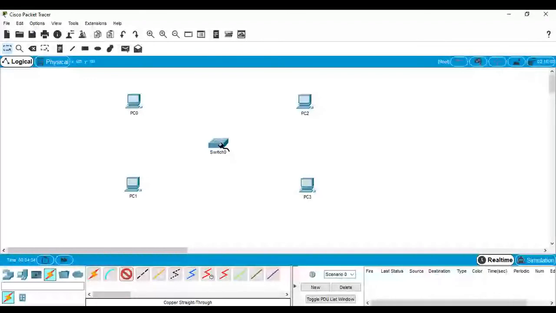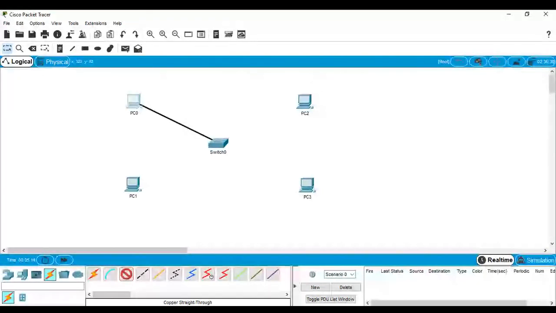So you can see different connections here. There is a port and link, and you can see FastEthernet0/1 to FastEthernet0/24. When I click here, you can see there is one port for console, 24 ports for FastEthernet, that is LAN cable to connect your computers, and 2 ports for Gigabit Ethernet. So I'm connecting FastEthernet0/1 to PC0.